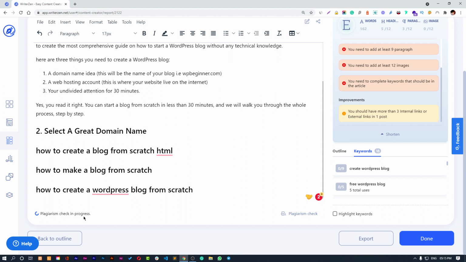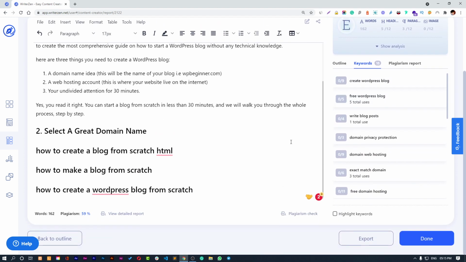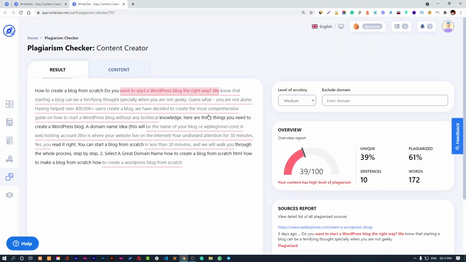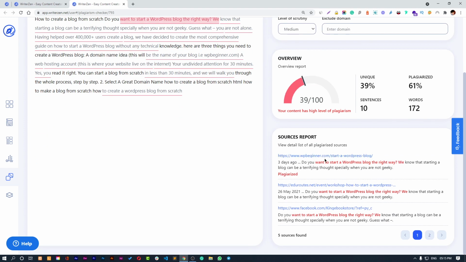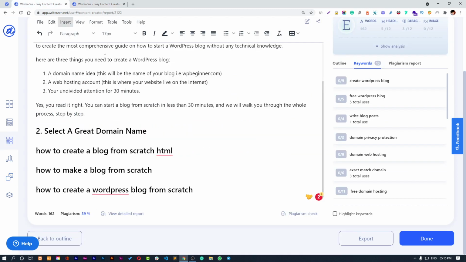So plagiarism checking in progress, you can see it right over here. Yeah, it says that the content is plagiarized. So you can see a detailed report about the plagiarism by clicking on that button, and so here you can see that content is plagiarized, right? And you can see the website from where we got that content. So that's pretty amazing, isn't it?